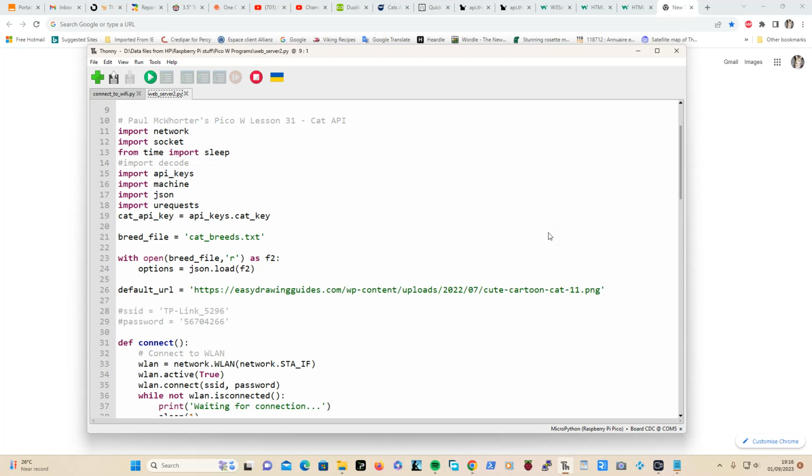Hi, I'm doing Paul McWhorter's Pico W lessons, and we're currently up to lesson number 21, and I decided to do something other than the weather because I'm rather tired of talking about the weather. So I thought I would do something with cats. It displays pictures of various cat breeds on a web page